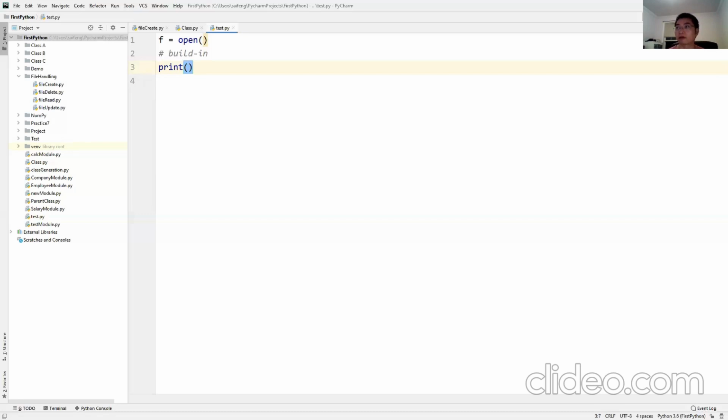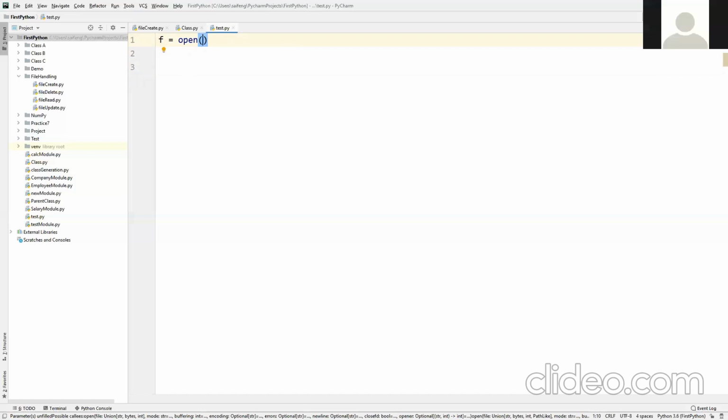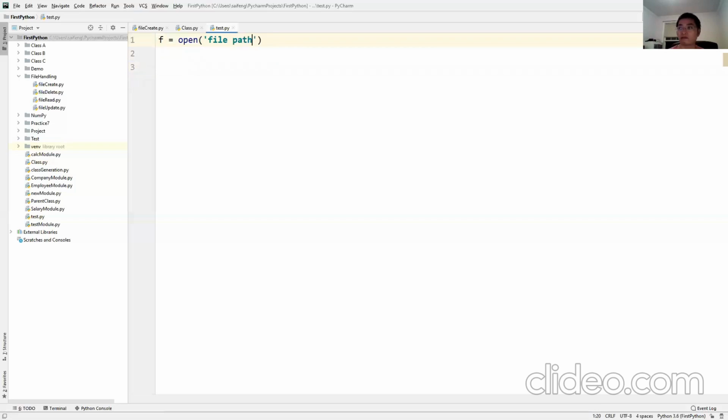Okay, come back here. Yes, we're going to use the open function. It's a built-in function. So what is the parameter? Louis, you there? Yeah, I just came back. What are the parameters for the open function? I think you're supposed to put in the file and everything, like if you're supposed to read or write to create. Okay. First parameter, you have to put the file path, right?